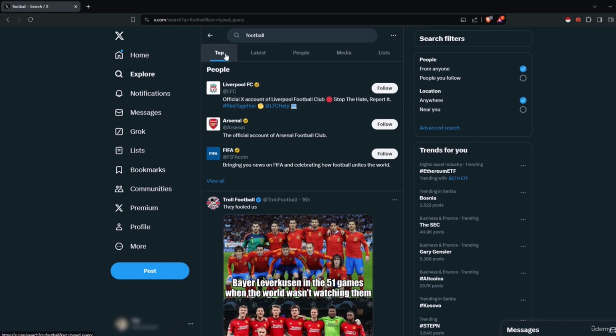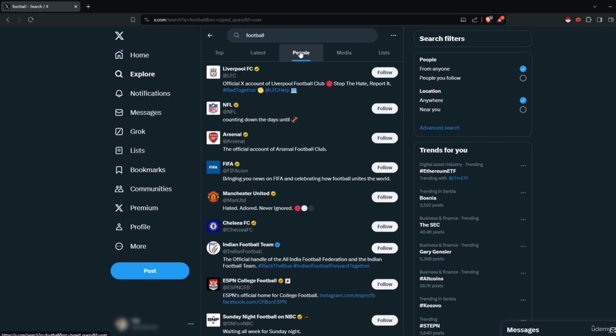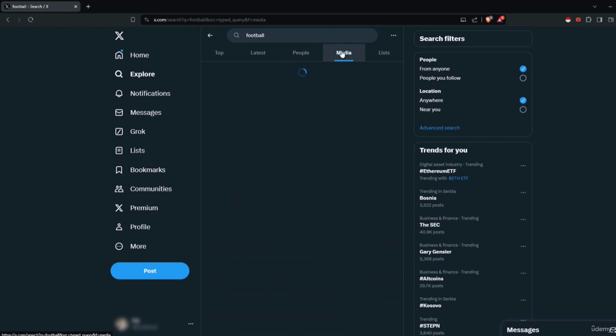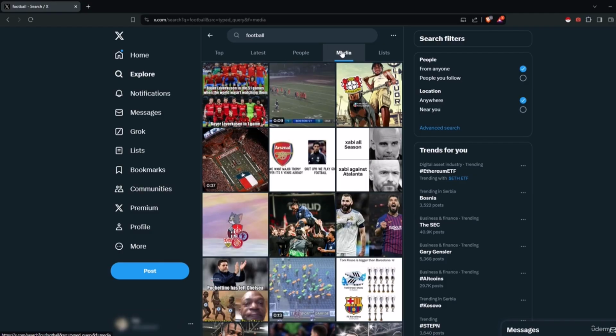and hit enter. Now, we are redirected to a simple search menu. First off, we got the top section, where X shows us popular tweets that match our query. The next one is latest, which is the most recent posts mentioning our query, or if there is a user that matches our query, for example football123, then these will also appear here. The next one is people. That's pretty much how you can go through various profiles when searching for your target, either by name or how they are categorized. The next one is media, and so here we got pictures, videos and GIFs mentioning our search phrase. The last one is lists.